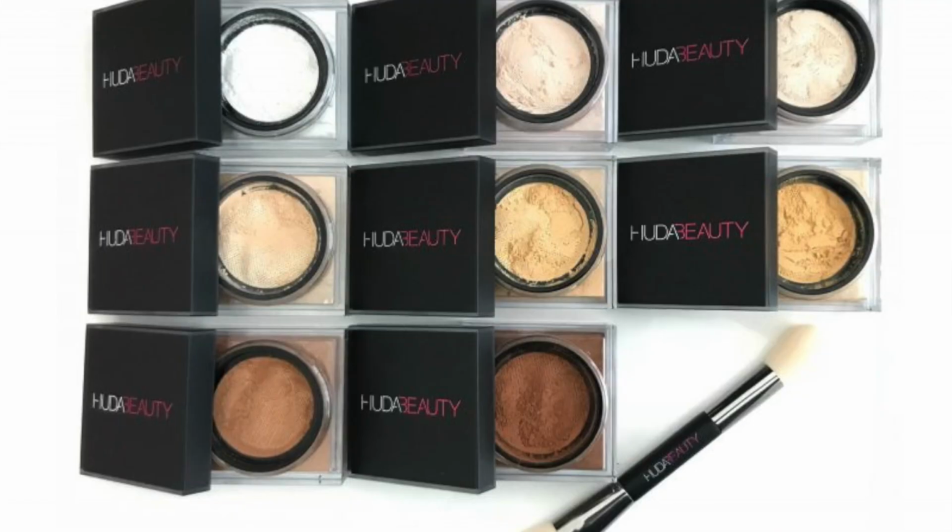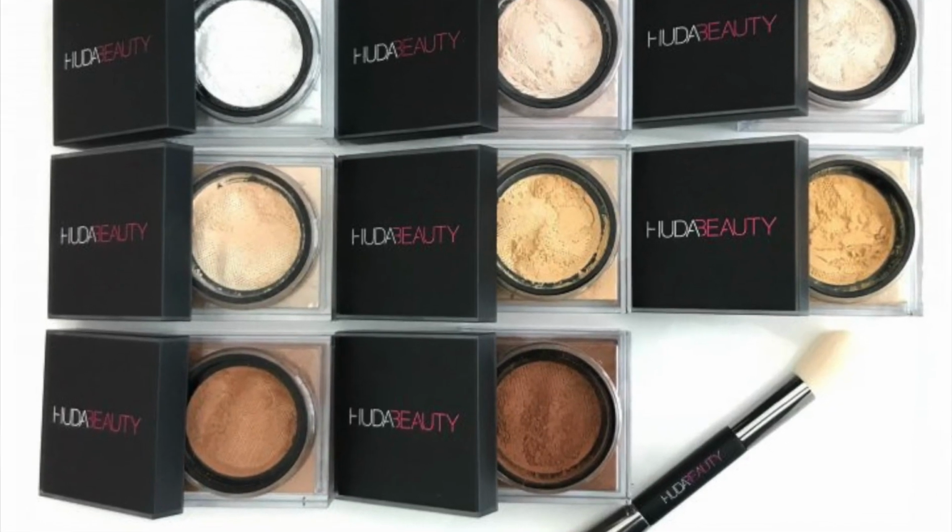I love it. It lasts me so well. It works for my skin really well, and any foundation I would wear underneath just works with it. So I really like this powder. This is in the color Pound Cake. It's quite a light one. It's not the lightest in the collection. I think it comes in four or five colors, but I found this works for me